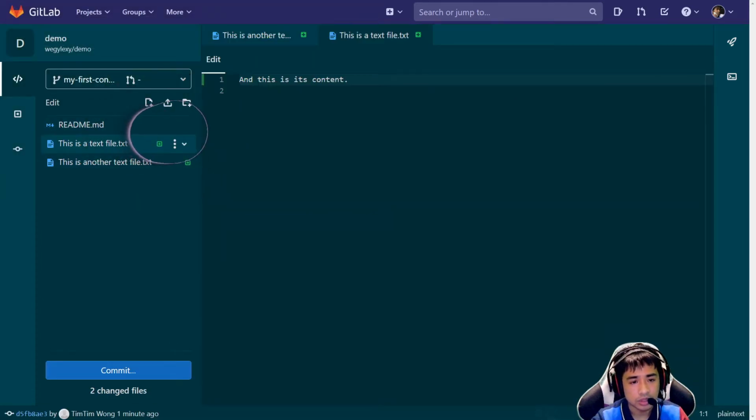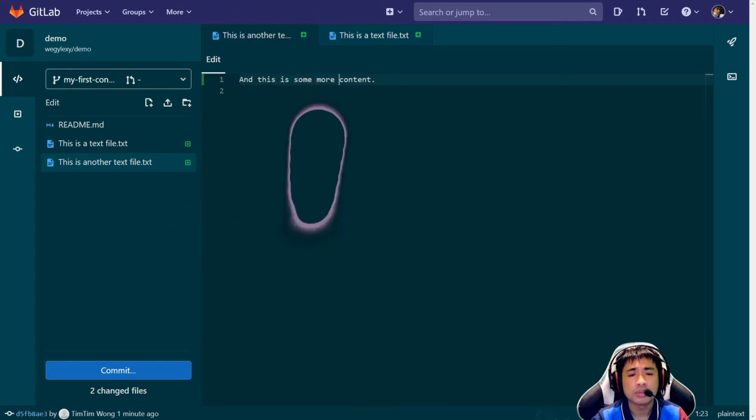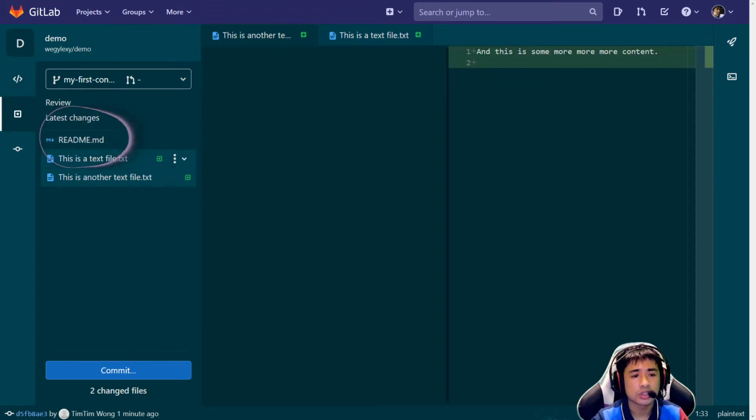So you see the green little box there. It indicates new files. I can preview the content here. I can even change content before I actually commit. So this is some more content, and then I can review the changes. Just 2 new files,